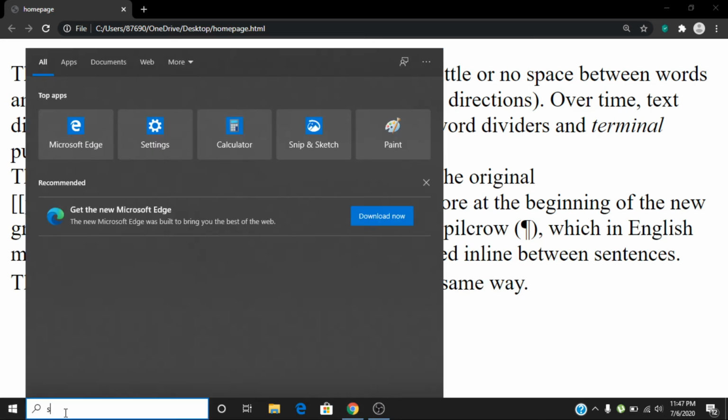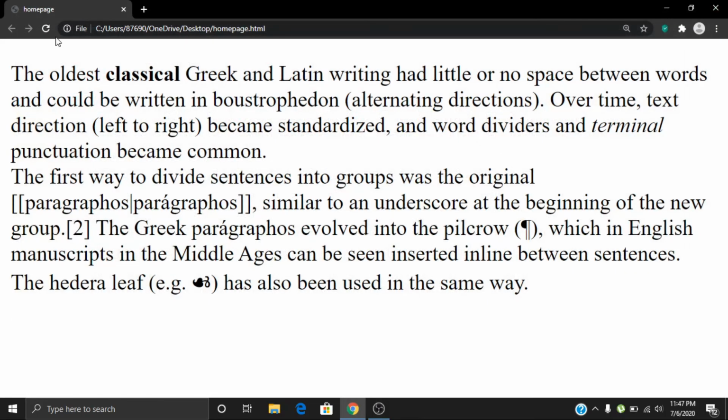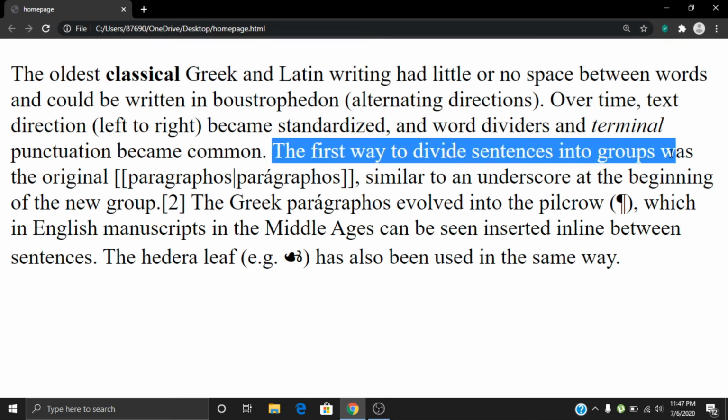And let's remove it and see what changes it has brought to our document. Let's save it and reload it, and you can see the paragraph is the same as it was before. When we applied the BR tag, we saw that this line went below. So this is what the BR tag does.